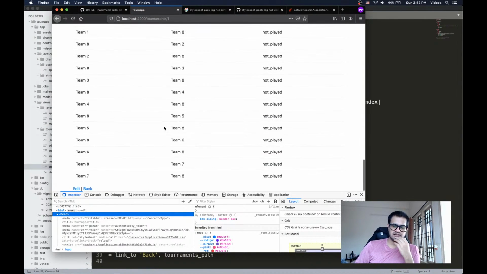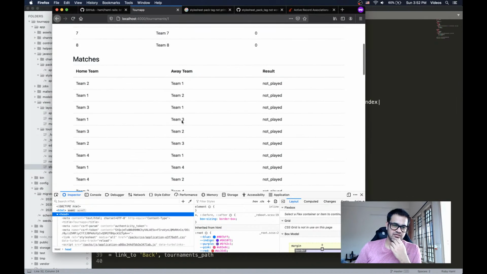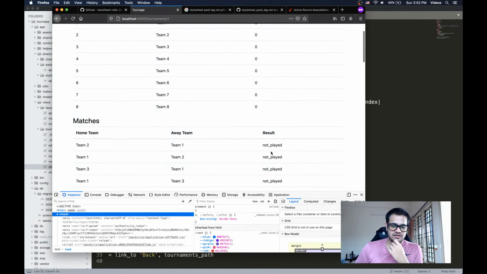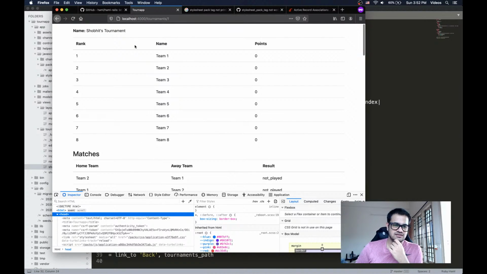So these are the matches. We have results also here. Team 1, team 2, result not played. These are the matches. This is the current standing. Now what we need to, there's an ant over here,